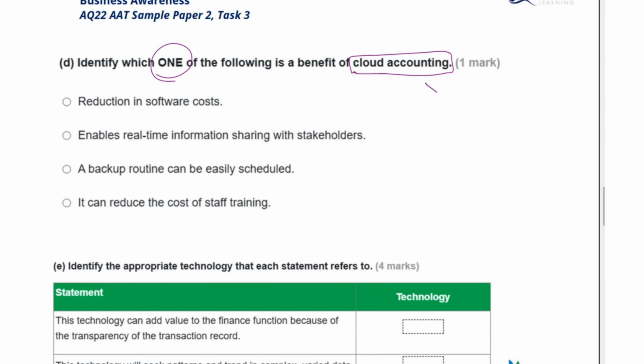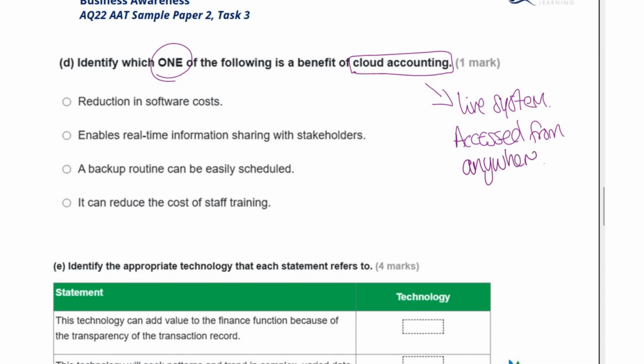Cloud accounting is a live system, and it can be accessed from anywhere, basically anywhere that's got internet access. So looking at that, we can see that it's going to enable real-time information sharing with stakeholders.